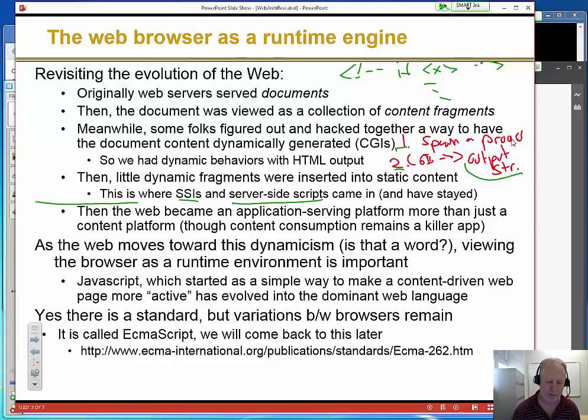And then the web started to evolve more toward an application serving platform. And again, it wasn't some day in time where I could say, hey, on February 1st, 2002, the web officially became an application server platform. No, it evolved in this direction. But more and more folks were talking about how to deliver application functionality